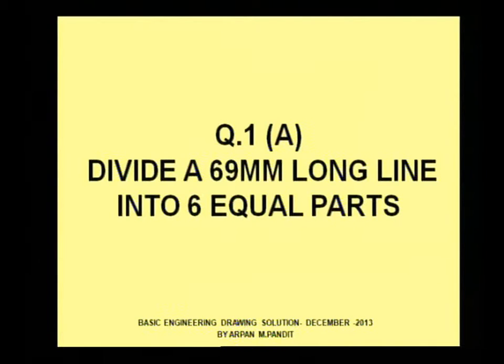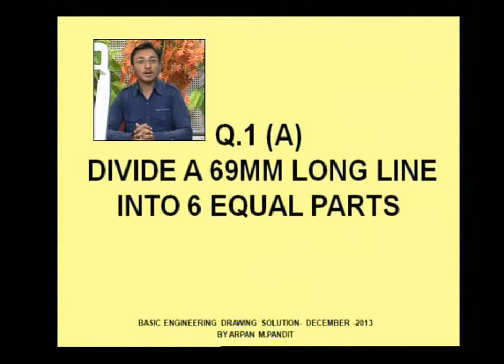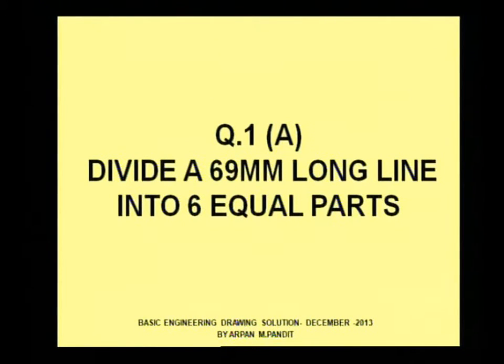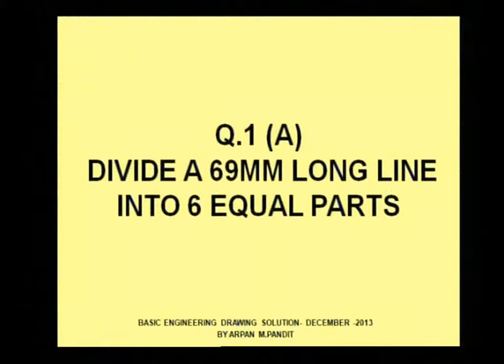Now, by this method, we can divide a line into 6 equal parts. If we want to divide a 60 mm line into 6 equal parts, then it would be a very easy process. But if we are having any alternate kind of length, then if we need to divide that length, we need to use this method. Now let's have a look at how we can do the division of this 69 mm line into 6 equal